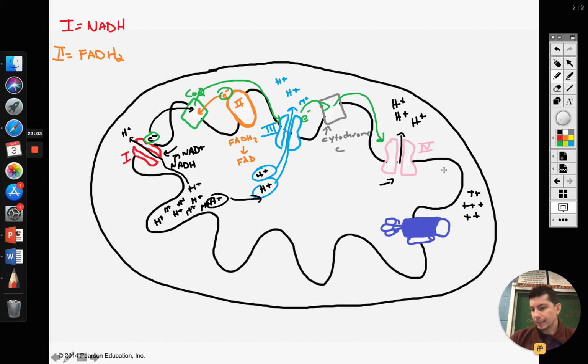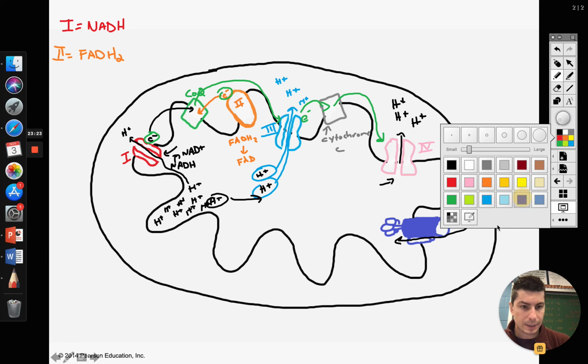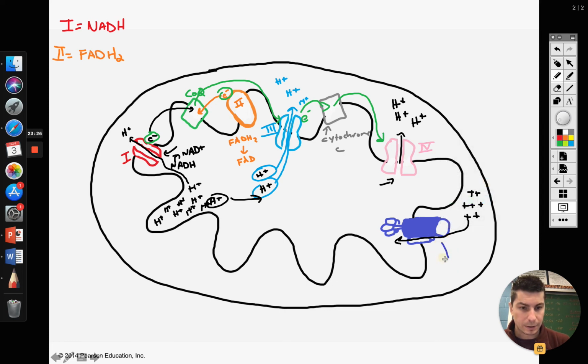So what we're going to do, guys, is we are going to pass these protons back into the mitochondrial matrix. Okay, so they're going to pass through, and they're going to go back inside through this area here. Now, what is this guy? Well, we talked about him earlier on a previous slide. This is ATP synthase. ATP synthase has this propeller, I guess you can call it, on the end, and that's going to generate